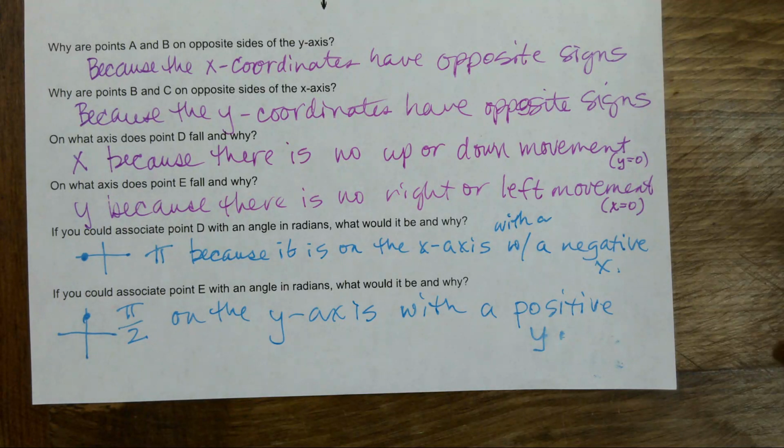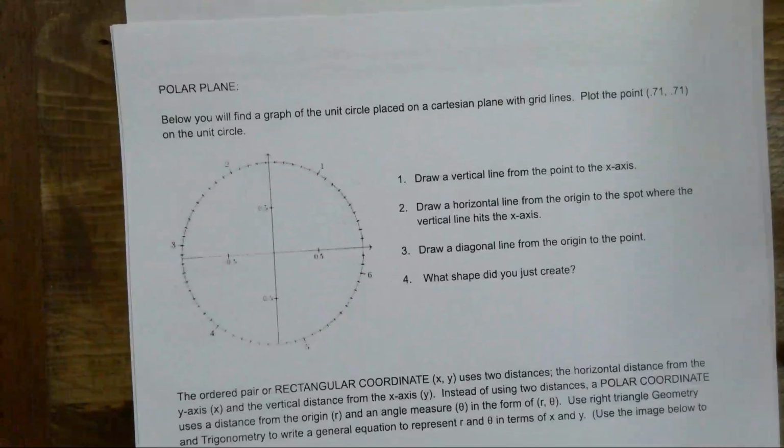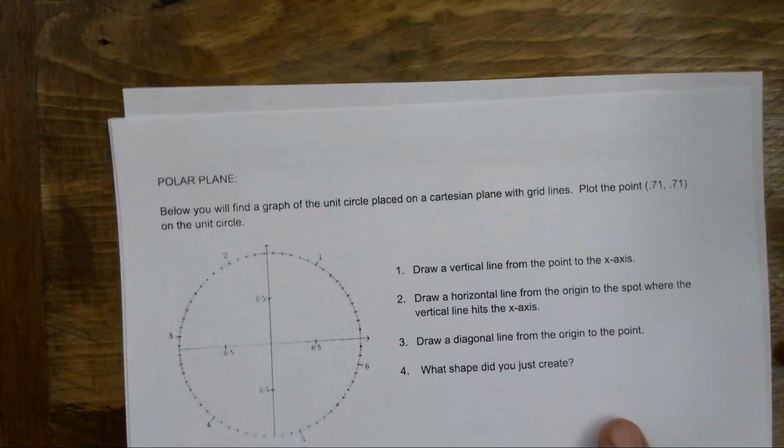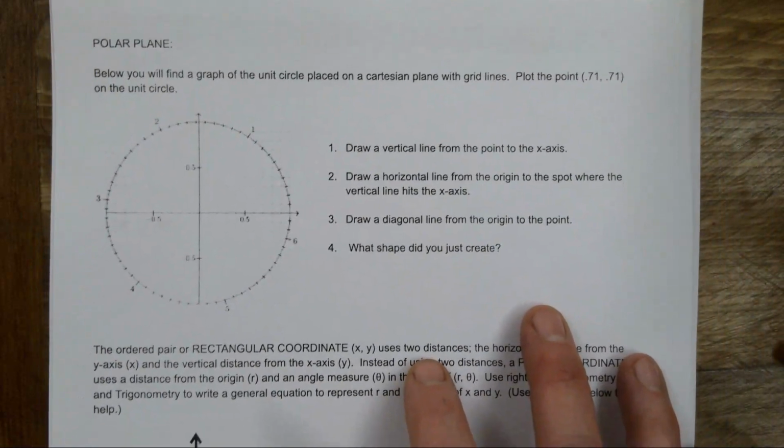Those connections are going to be used when we are graphing polar coordinates. The position on the graph will have something to do with where the angle is and how it opens when we graph our polar coordinate. So then on the next page, oops, that's not the next page. Okay, on the next page, it asks you to plot the point